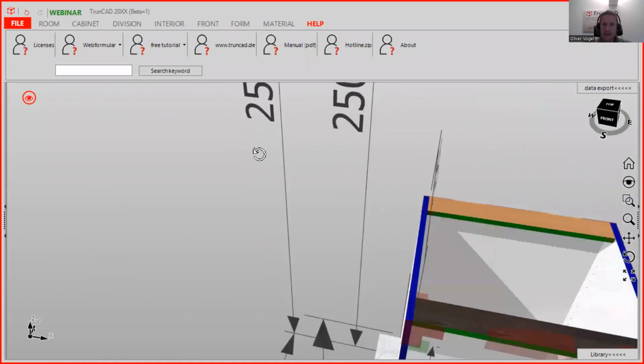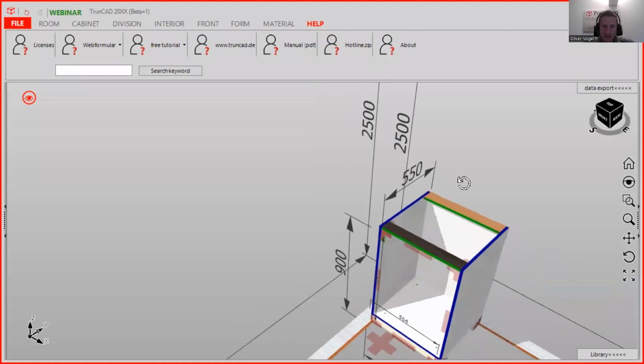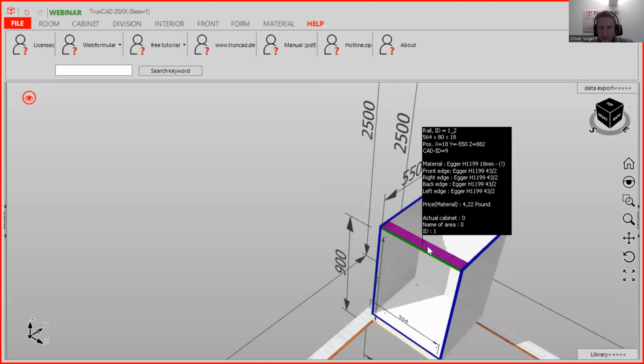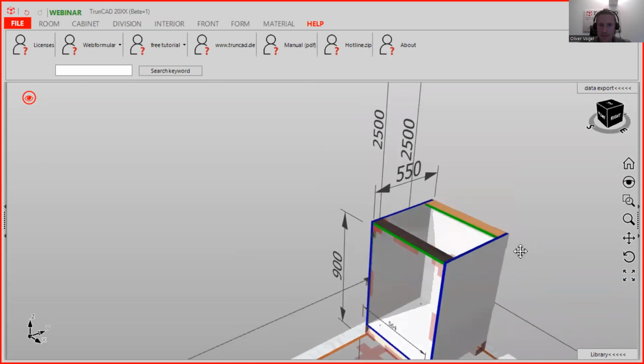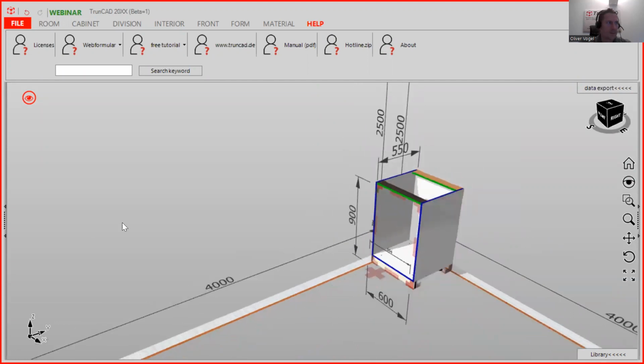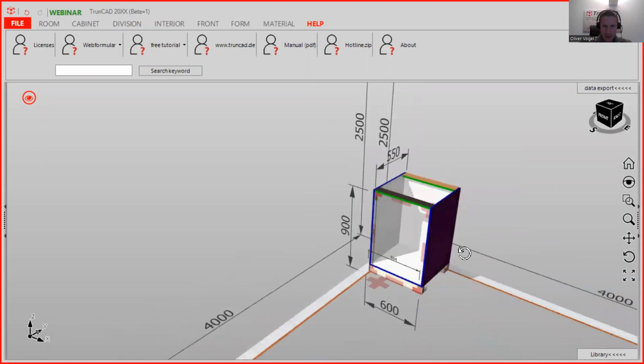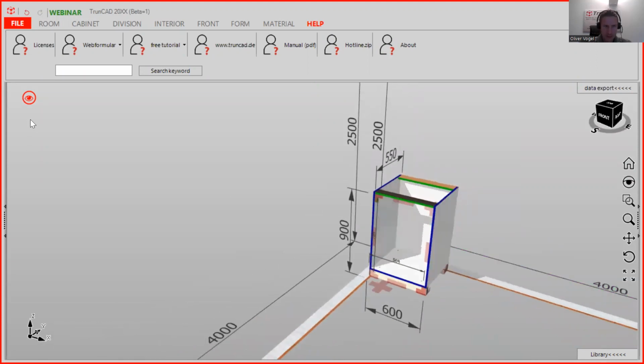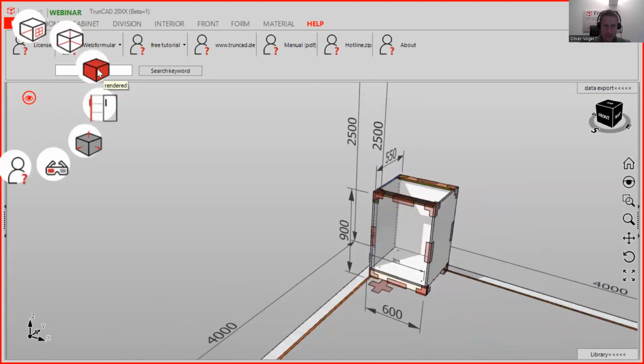Also, when you keep the control button pressed and you click on this, then you see the information here. You see the dimension of this part, the material, and here are the edge bandings. So, and when we go back to the normal view